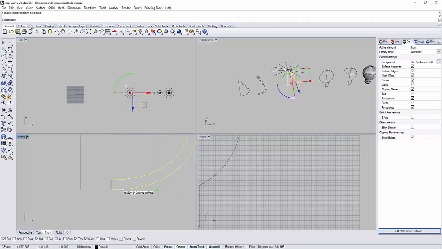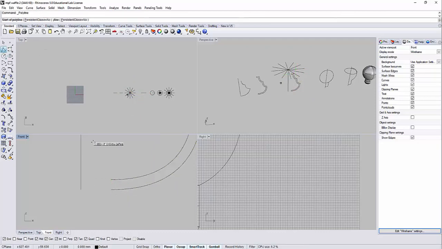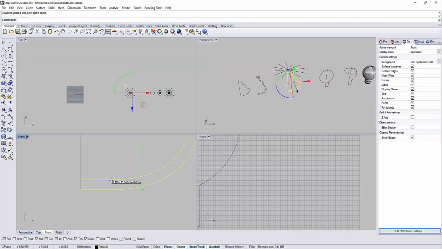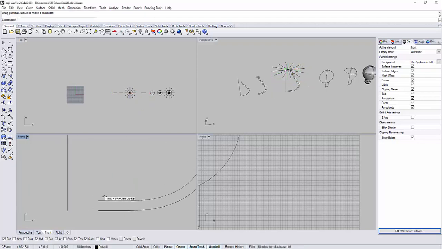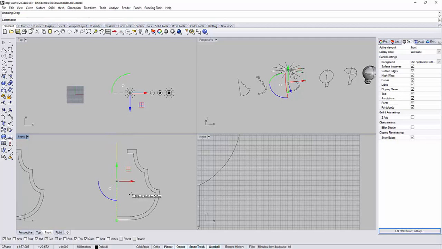Okay, explode, control to deselect, and then I join them up. I do not need this. I'm just going to close this up. Make sure it's a straight line so that my lamp can actually rest on a table. Oops. Make sure it's not closed, as in the previous tutorial I shared. Then now,